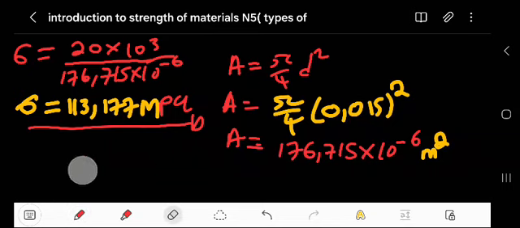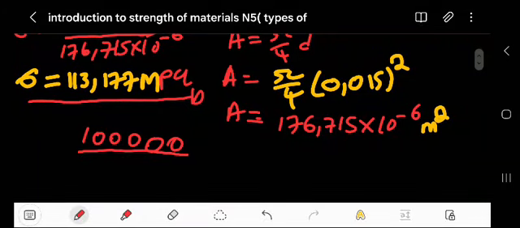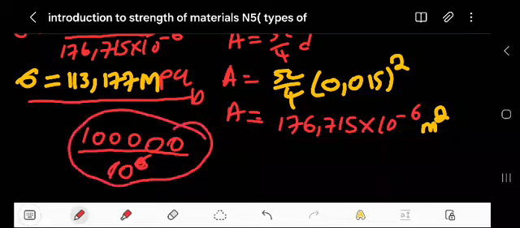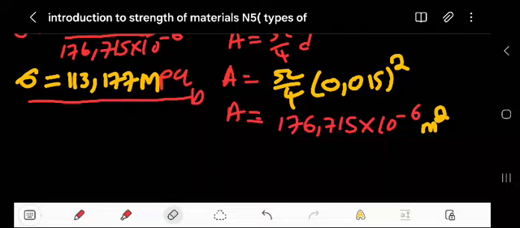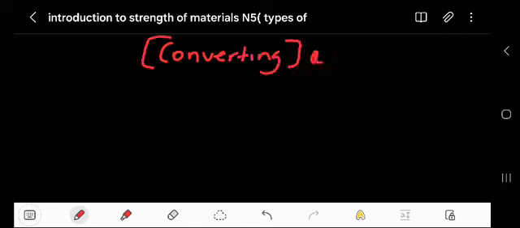Let's say you're given a number like this, 1,000,000. Then you want to go to megapascal, you divide this by 10 to the power of 6. You go to megapascal, you divide it if you want to write this in megapascal. So let's catch up some conversions. Converting, let us do some review. Let's say given